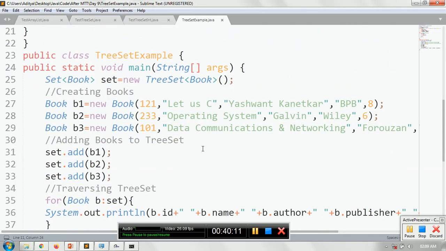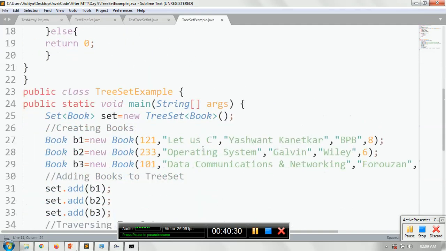Now, whenever I add the books to the TreeSet, it internally calls the compareTo method to sort this data, because you are aware that with a TreeSet you will get the output as an ordered collection.